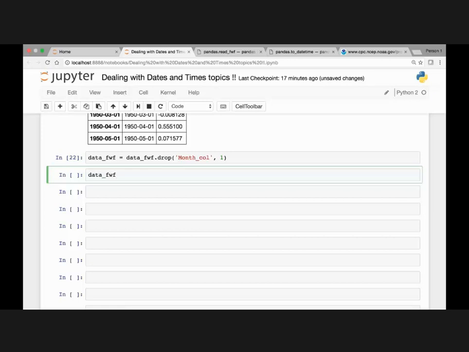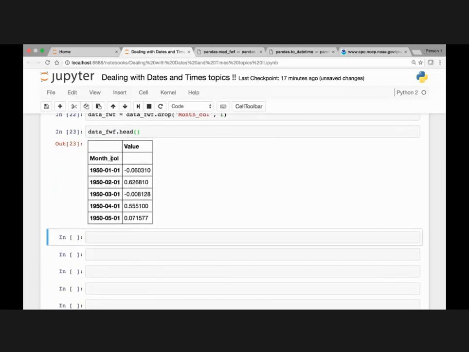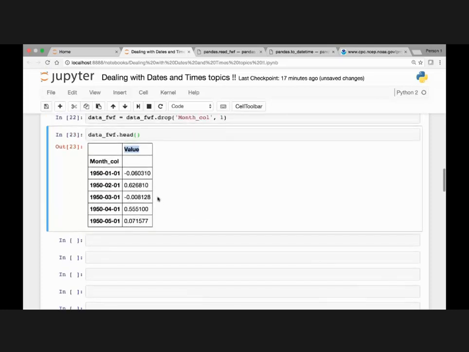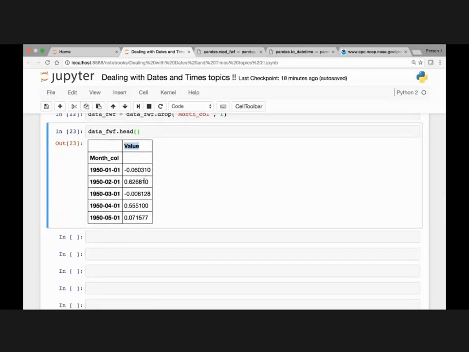Now if we call our data FWF data frame and then call the head method, we see that we have the months as our index and associated value for our value. Now it looks really good for our purpose, right? We can easily work with this data set. So that's how we can use the